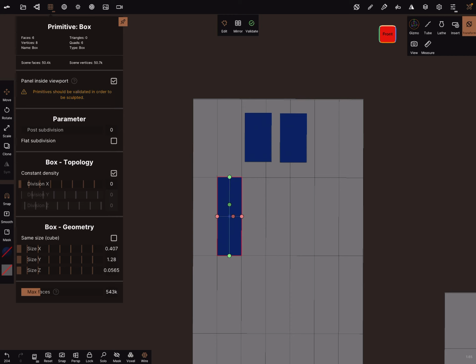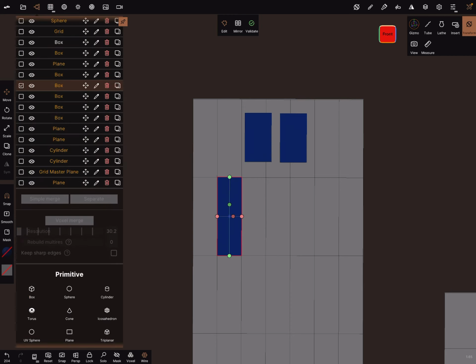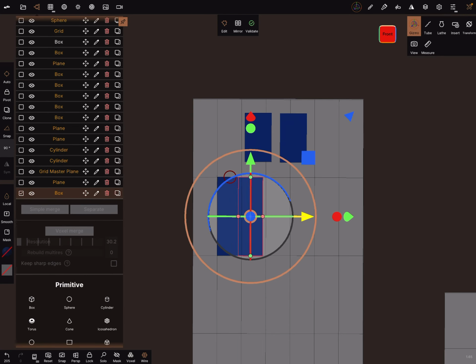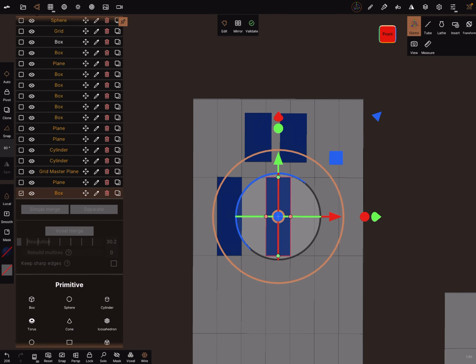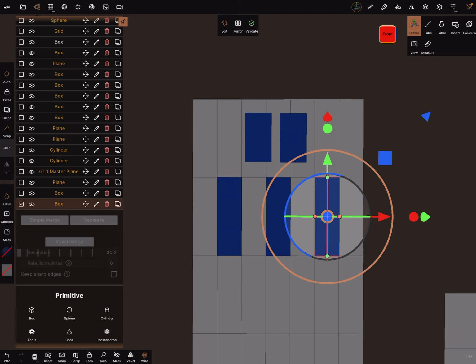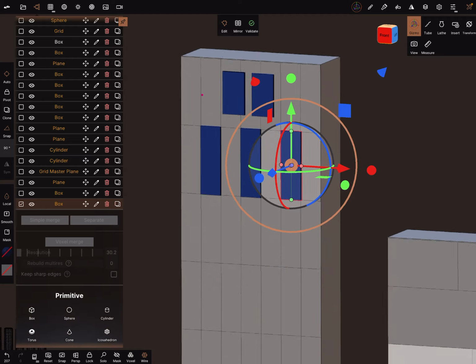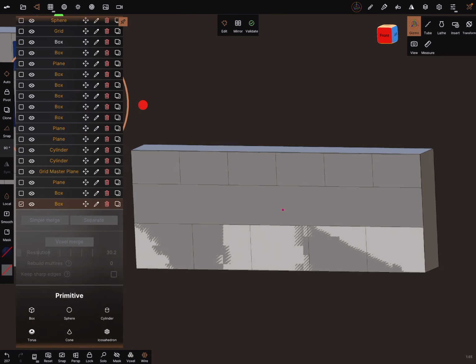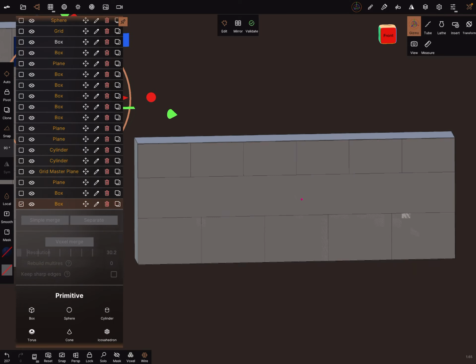When we're fine with this one, we can duplicate the object, use the gizmo, and bring it in the next position. And so on. Clone function is also possible, and place the windows. This is one example for the grid of the plane.